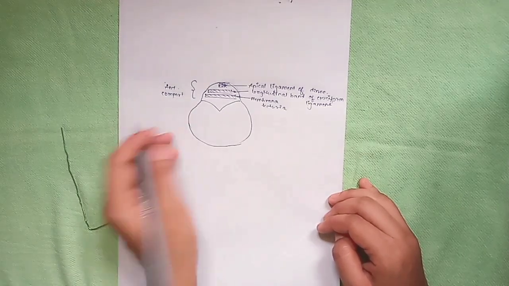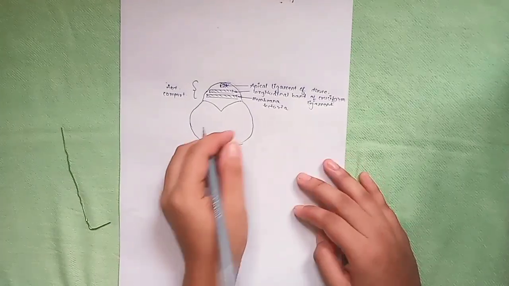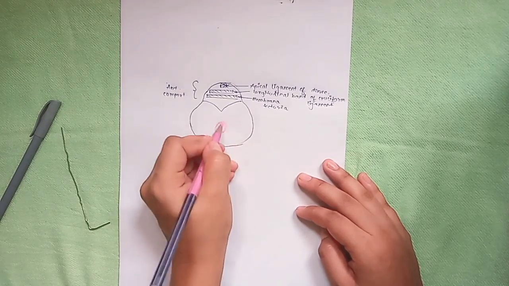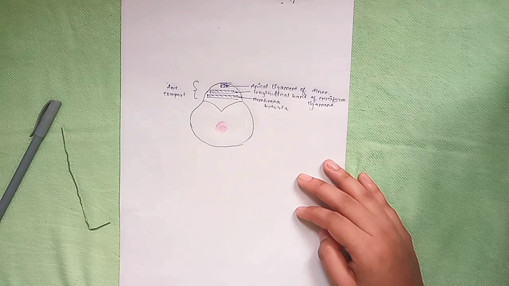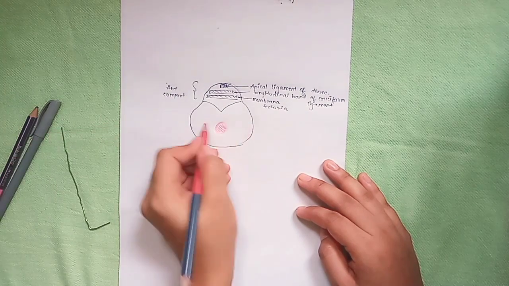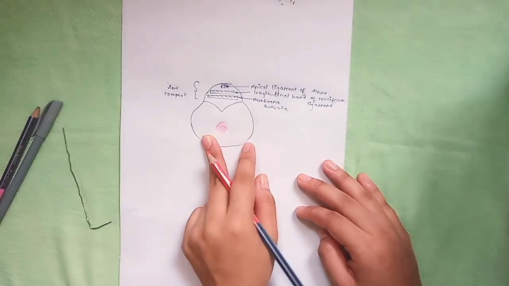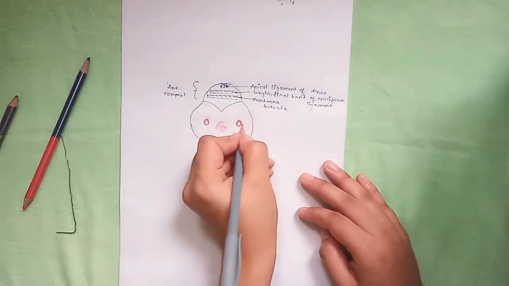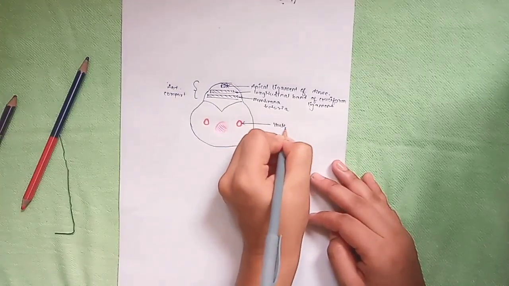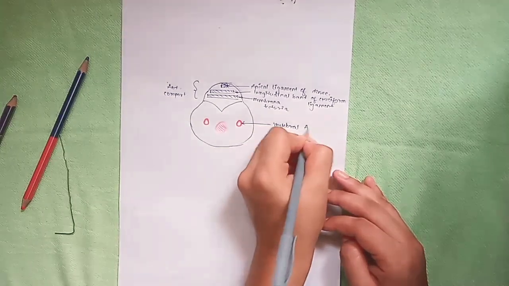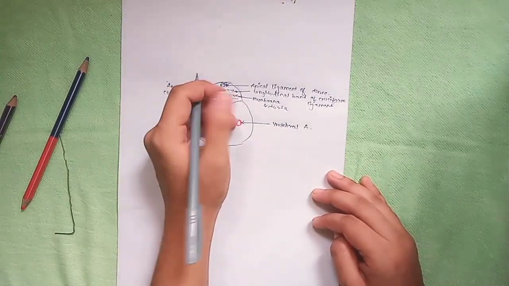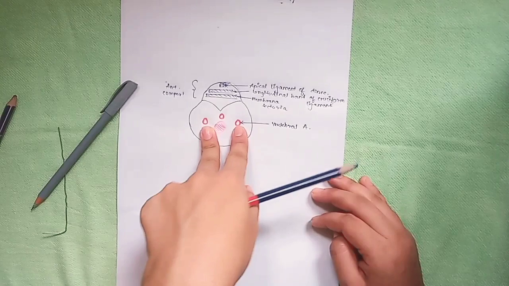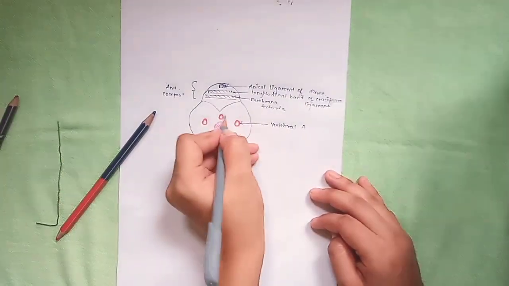Now we'll go to the posterior compartment. The posterior compartment includes, first of all, the most important structure, that is the medulla oblongata, which continues as the spinal cord. Now on the lateral part, both the lateral parts of the medulla oblongata, there is presence of the vertebral artery. So these are the vertebral arteries. And on the anterior side of the medulla oblongata, there is presence of one artery. The vertebral arteries are paired, whereas this artery is not paired.